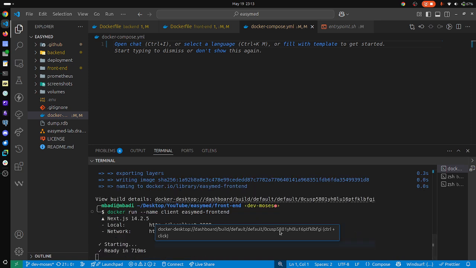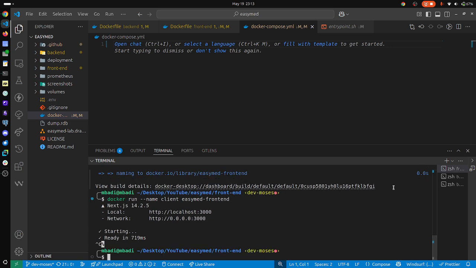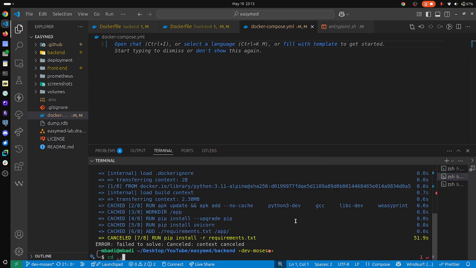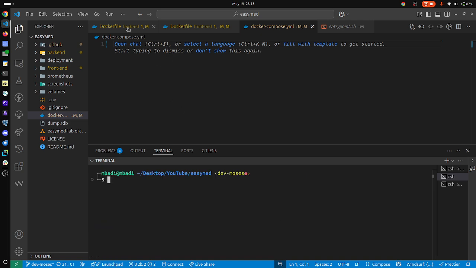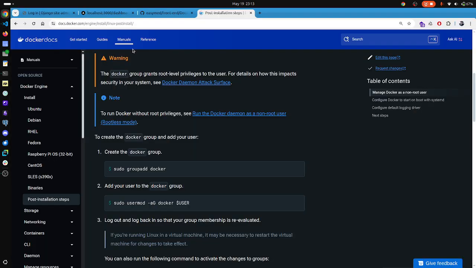And as you can see, our code is running. But now this is only the front end, it's not the back end. We have to do the same for the back end. You have to go and say docker run, and then run the back end, which, you know, beats the purpose. So let's cd first into the root directory, and then inside our Docker Compose,